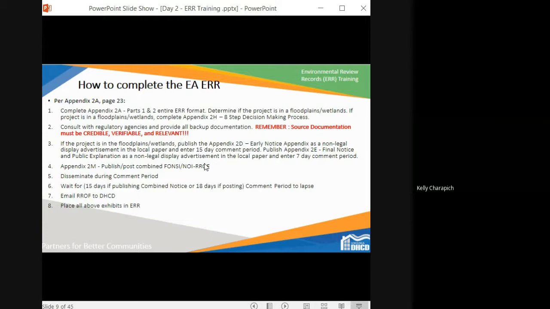And remember, in completing your source documentation, don't just make up the documentation. The documentation has to be credible, verifiable, and relevant. If you want to prove, for example, that your project is not in a floodplain or wetland, you wouldn't just cite a Wikipedia page on the locality. You would use the FEMA map and the NEPA Assist tool and show where your project is in reference to the floodplain. So after you've gathered all your documentation, you would move on to Step 4 if you're not in